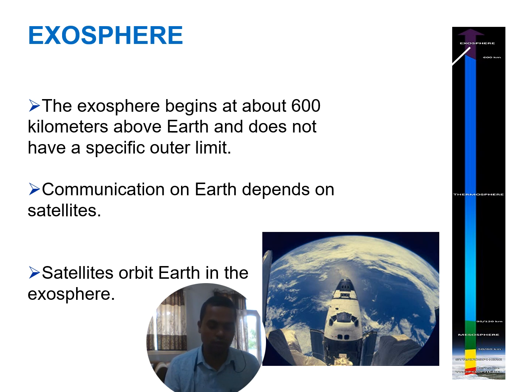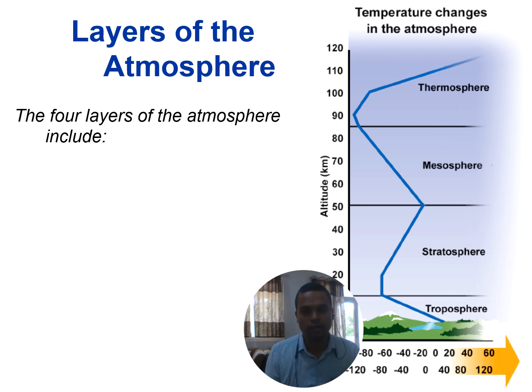The exosphere basically starts from 600 kilometers and goes to no limit. Okay, so this is where all the satellites orbit around the Earth, and then we do all the communication. And you know what the satellites are doing? They send the messages from that particular layer. They're sitting over there.